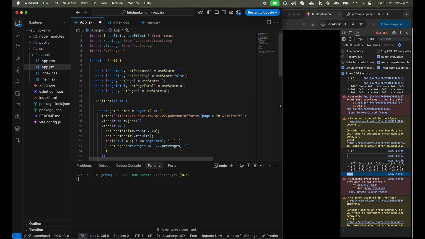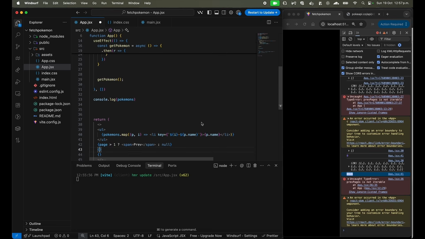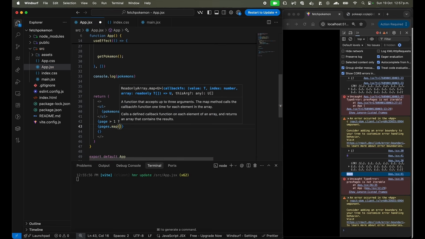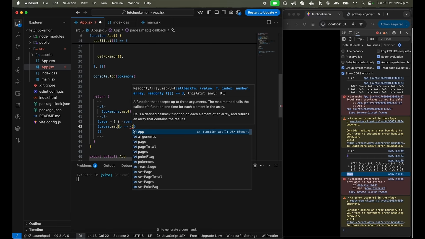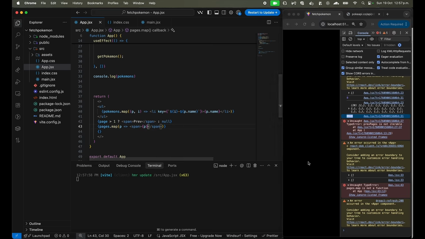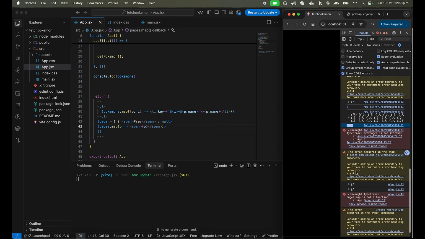That's why I wanted it to be an array, because I'm going to iterate pages.map, p of page, then span, and then p. Pages.map is not a function